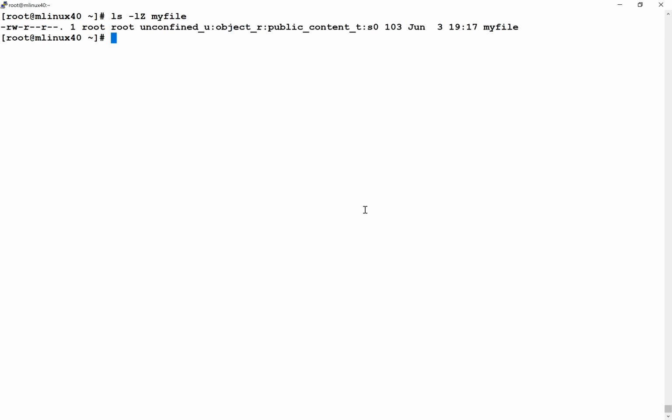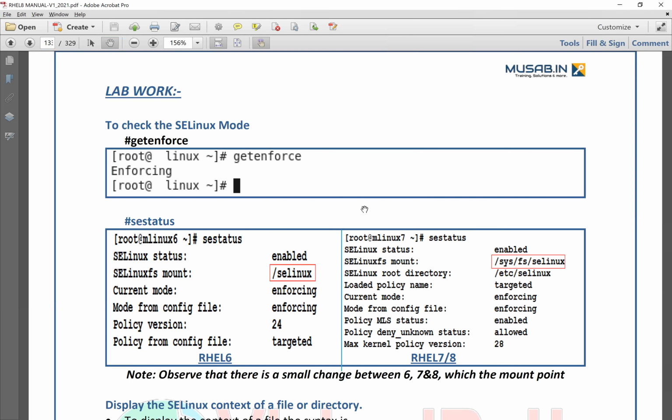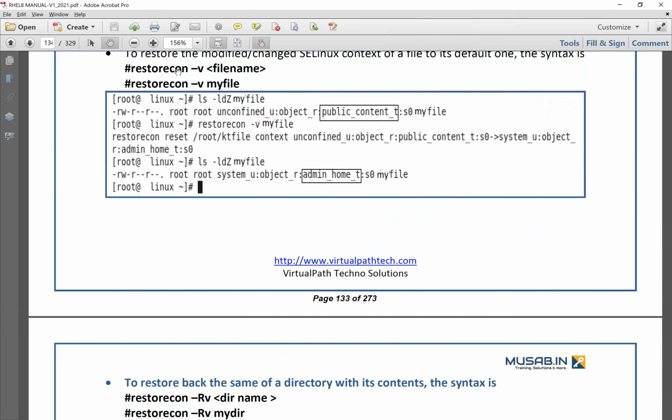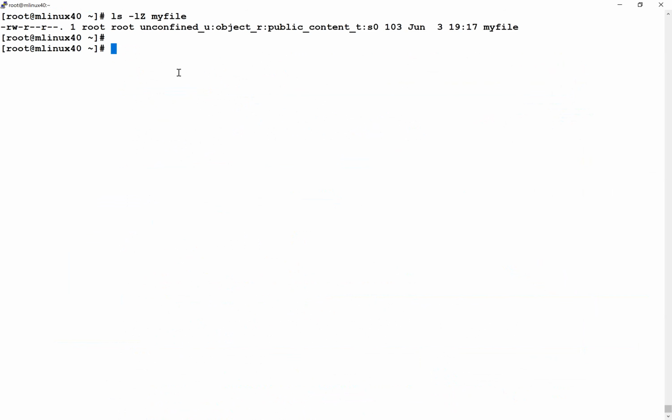What I want to do is run a command, and when I run that command, the context should automatically be reset to its default value. How can I reset it to the default one? In that scenario, we have a command called restorecon. Everything is mentioned in your manual with examples. restorecon is the short form of restore context. So I'll say restorecon